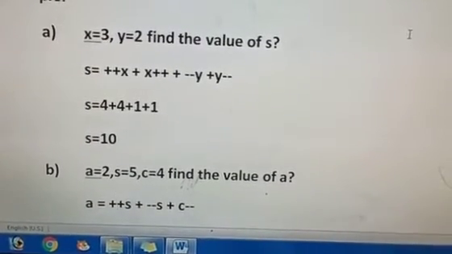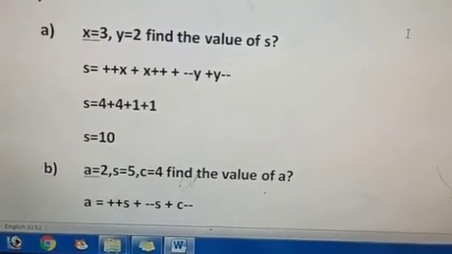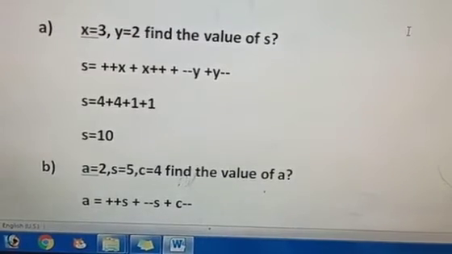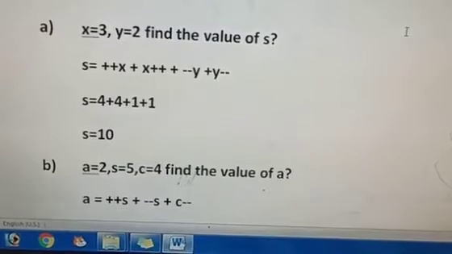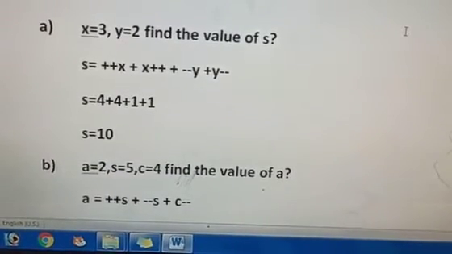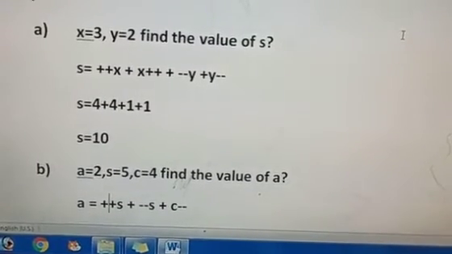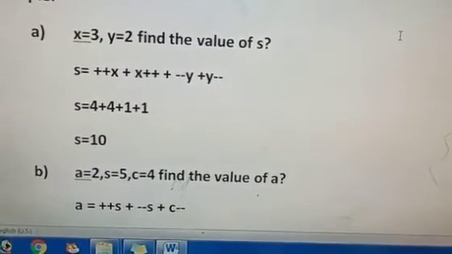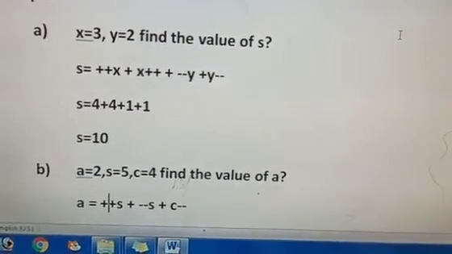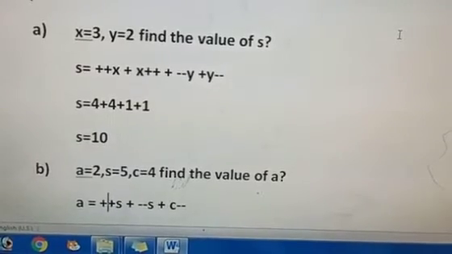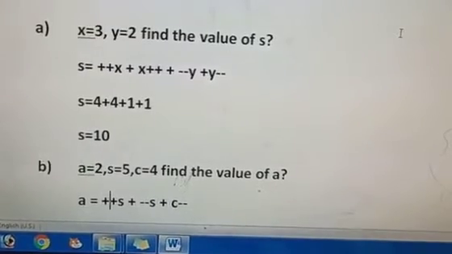In case of prefix, first we are supposed to increase the value of x by 1. The initial value of x was 3, so it becomes 4. So we are using 4. After that the current value of x becomes 4. Now in the next step, that is x plus plus, we are using the postfix increment operator. In case of postfix, first we will use the current value, that is 4, because the previous updated value was 4. So we are again using 4.